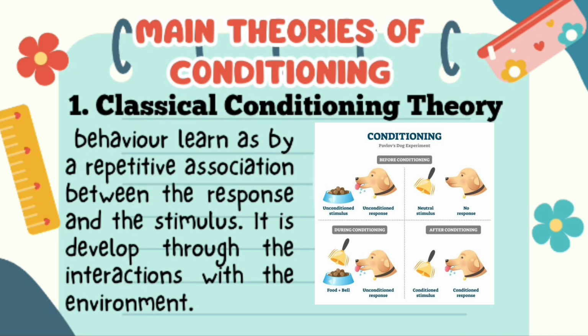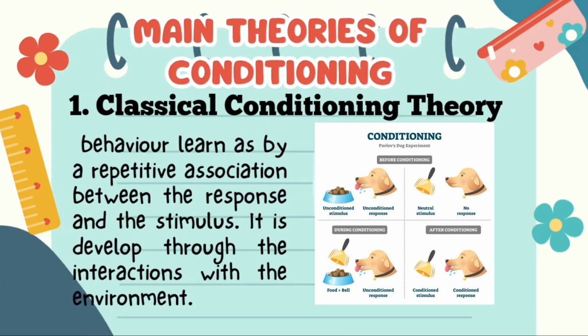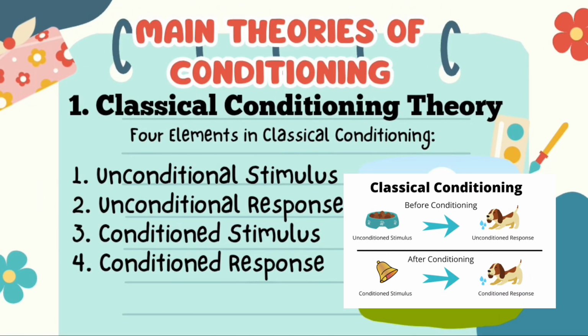So now, let's talk about the four elements of classical conditioning. First is the unconditioned stimulus. This is something that naturally causes a reaction. Next is the unconditioned response. This is the automatic reaction to that stimulus. Third, we have the conditioned stimulus. This is something that was originally neutral but becomes associated with the unconditioned stimulus through repetition. And lastly, the conditioned response. This is the learned reaction to